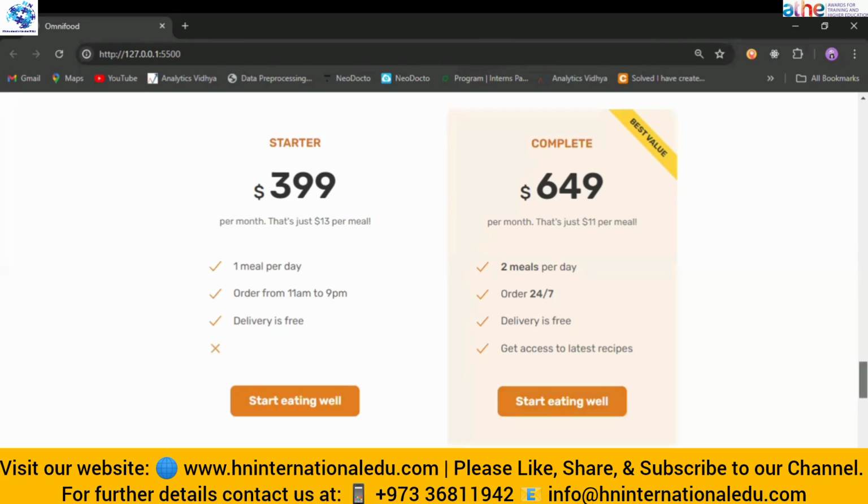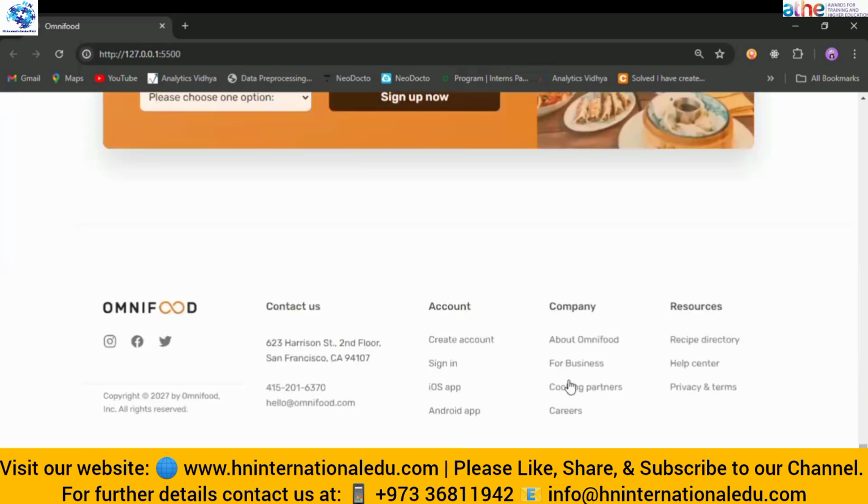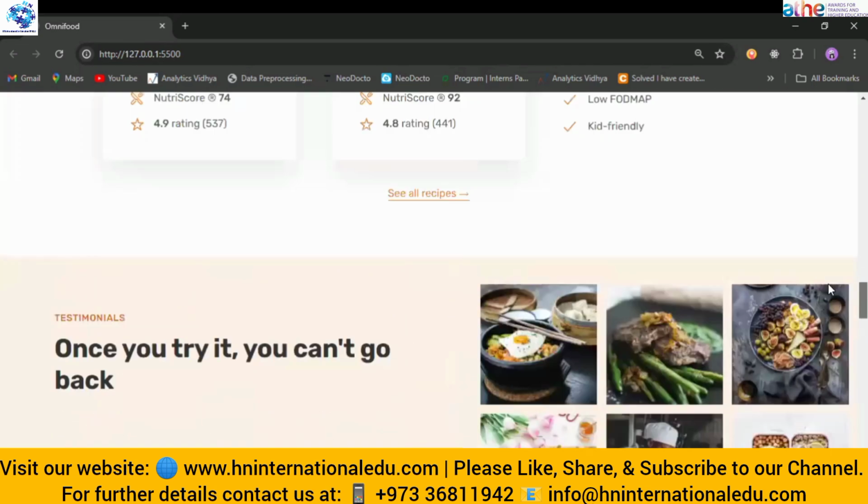This is the call to action button. This area is where we want the user to sign up for this website. Then at the end, we have the footer that contains some icons related to that website. So in this way, the UI is the interface.